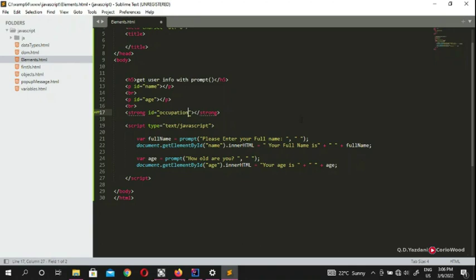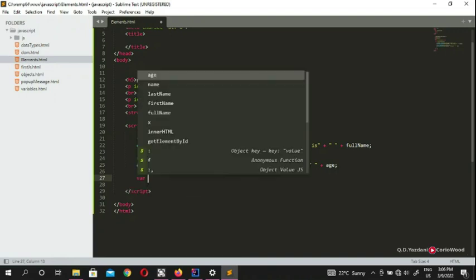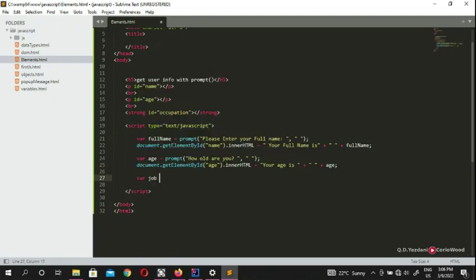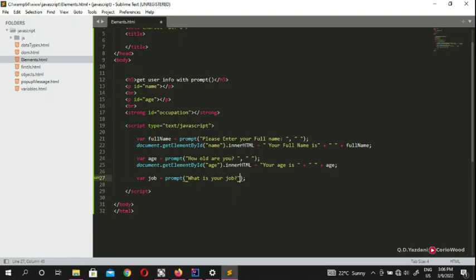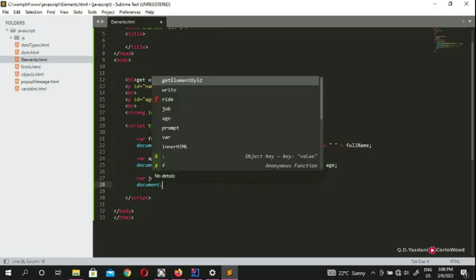And we're going to come here and say var job is equal to prompt, and we're going to ask the user, what do you do for a living, what is your job, and we're going to leave the room empty here, and we're going to put a document dot get